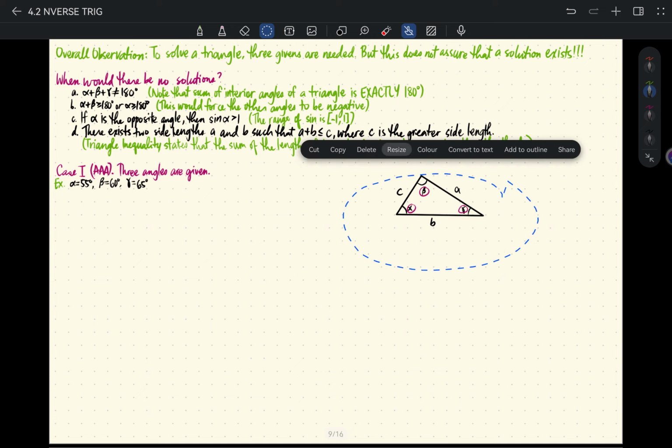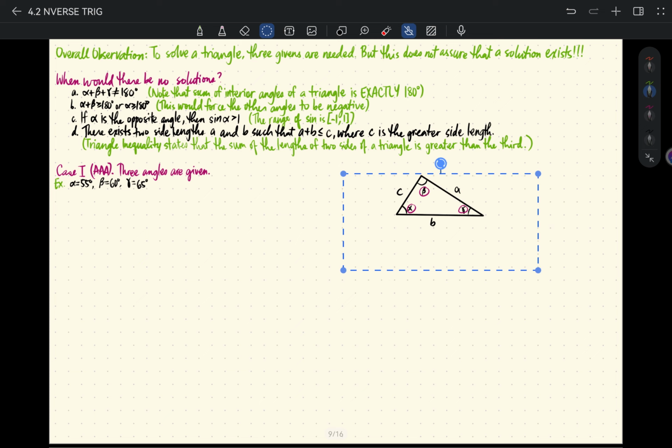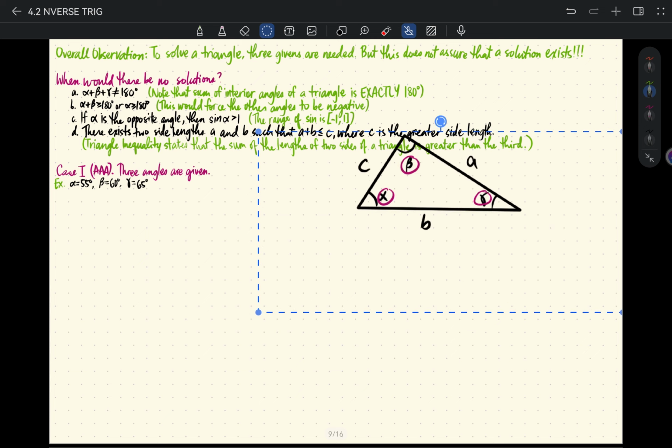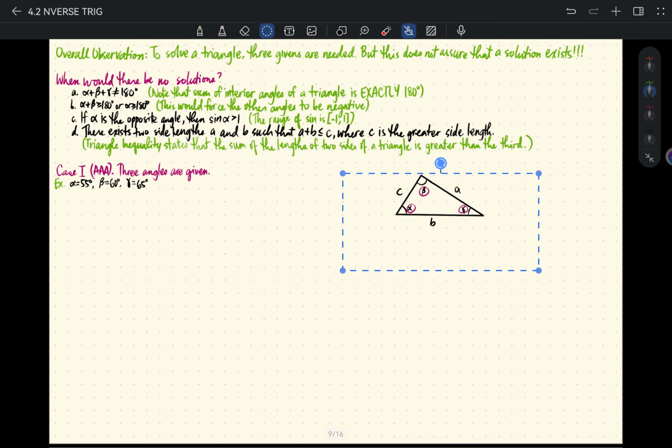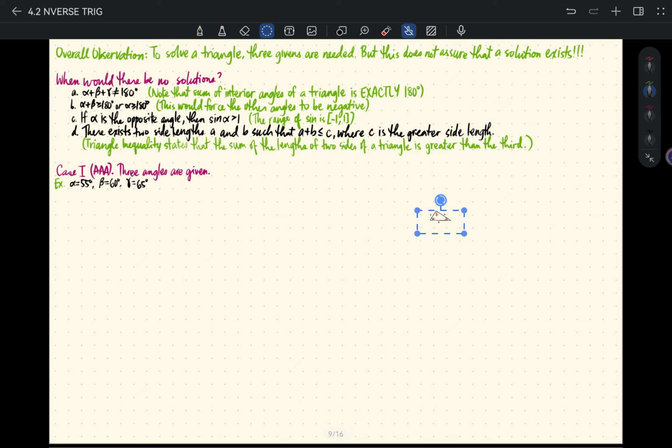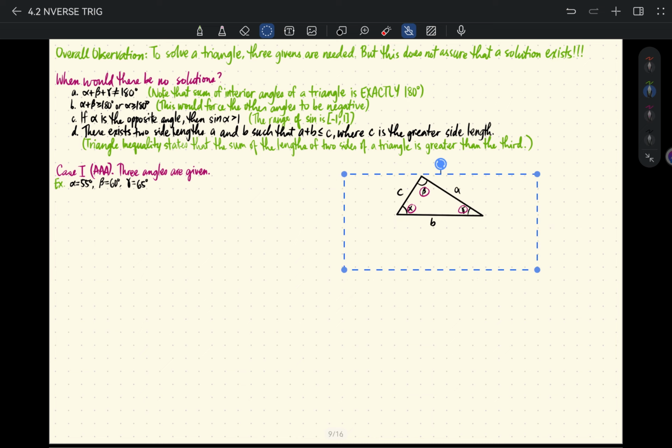Let's see what will happen if I enlarge this triangle. If I enlarge the triangle, you still have the same value for the angles, but the sides increase. And similarly, if I shrink this one, you still have the same angle values, but your sides shrunk accordingly. So what does that mean? That means that A, B, and C have some sort of proportion with each other.